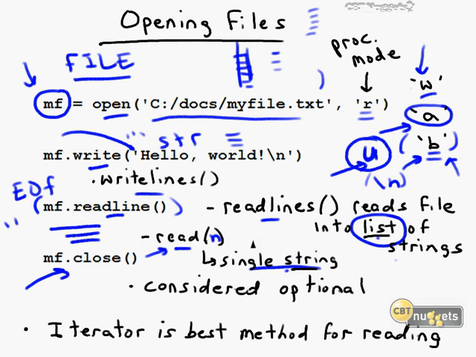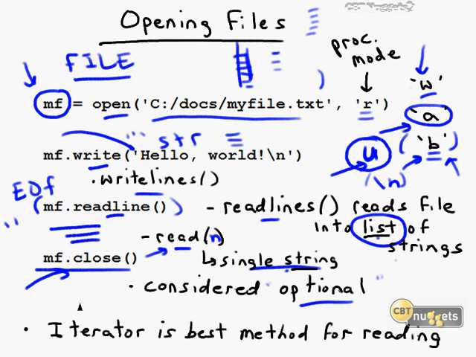Officially, if you want to be letter of the law, you should close your file handle when you're finished. This is considered optional by many sources in the Python documentation. However, I think it's a really important step because when you have a file open for writing especially, other people, that is to say human people, not just Python programs or any other program that might access that file, are going to run into problems trying to access that file because it's locked open by the operating system and more specifically by Python. So to close a file, to release the file handle to the operating system, and to allow other processes access to the file, you can simply call the close function with no arguments and you're done.